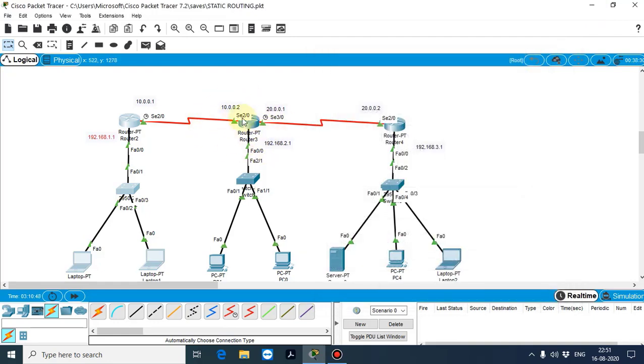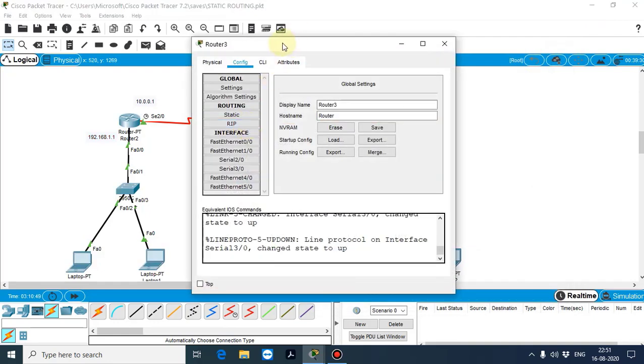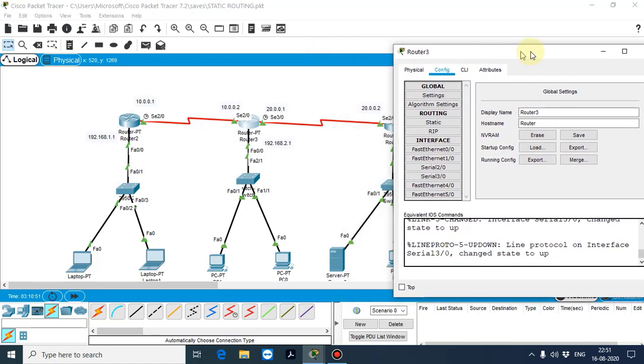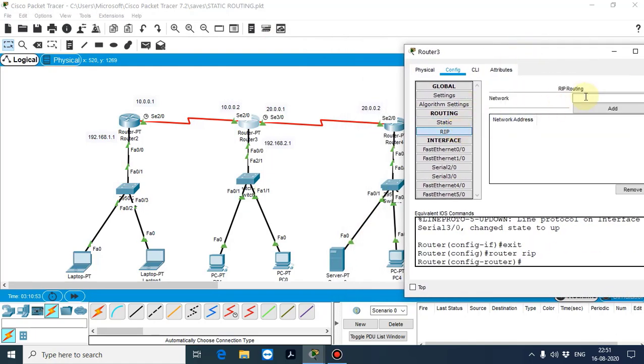Now I'm going to configure this middle router. Open the router, go to RIP routing information. Since this router connects three different networks, click on that. First I'm going to configure 192.168.2.0.